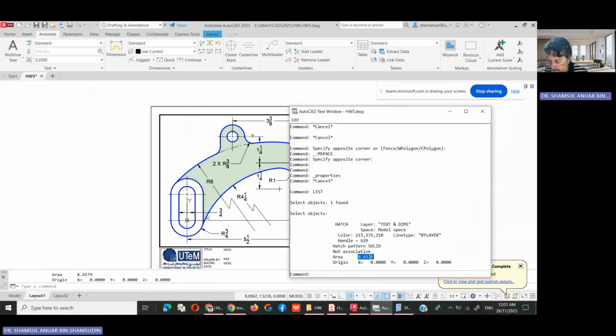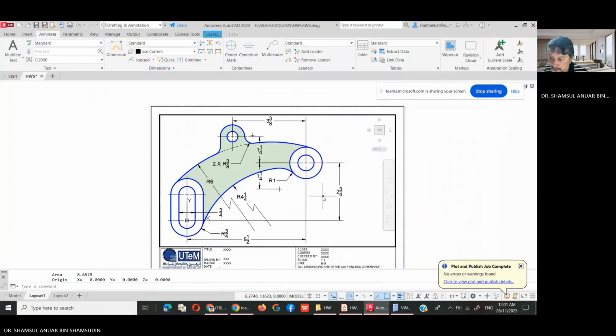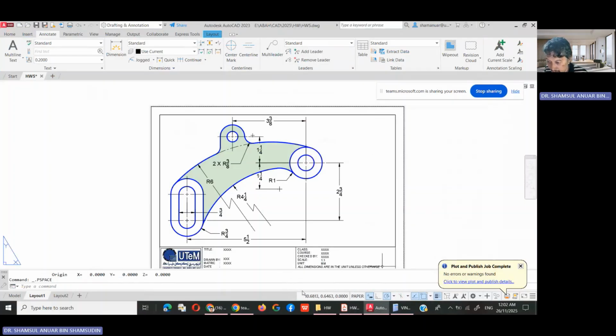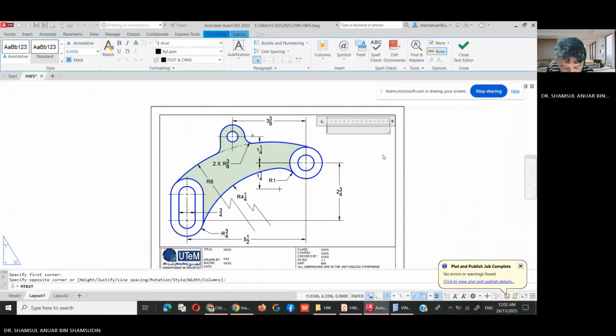So I'm gonna copy that value, and we go to table space, and here I'm gonna put this one, put it somewhere here. So shaded area,